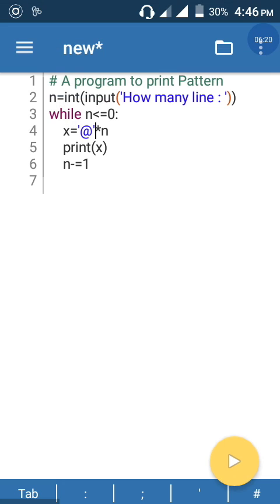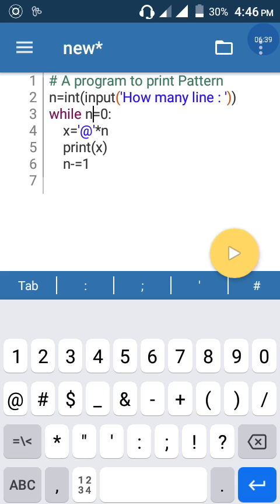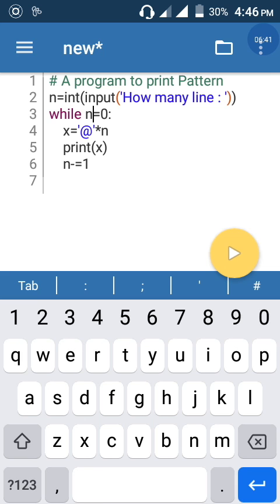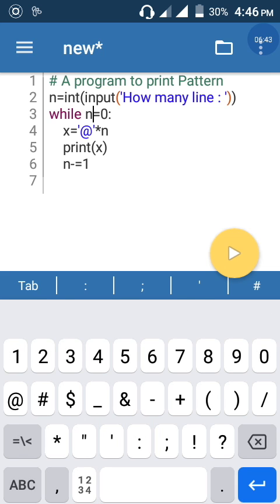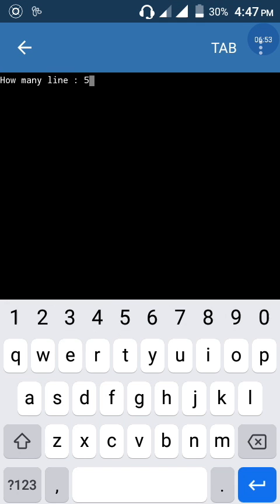Why is this not working? Oh yes, more than. While n less than this, then see the output. 5.